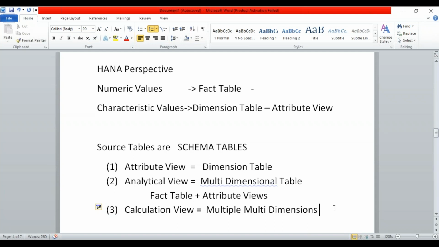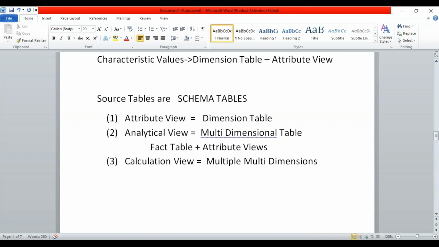Calculation view is very much flexible. So you can have multiple tables, or multiple attribute views, multiple